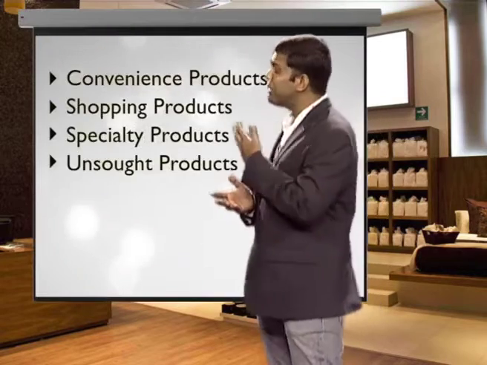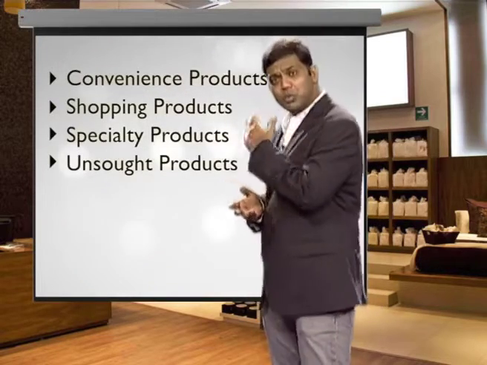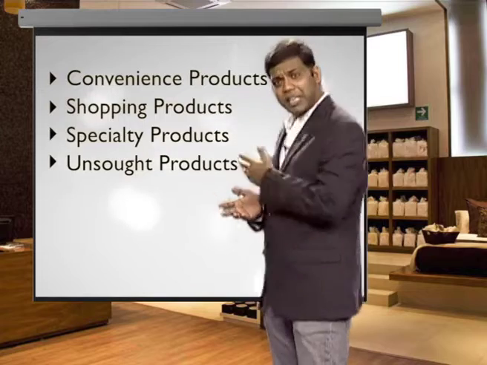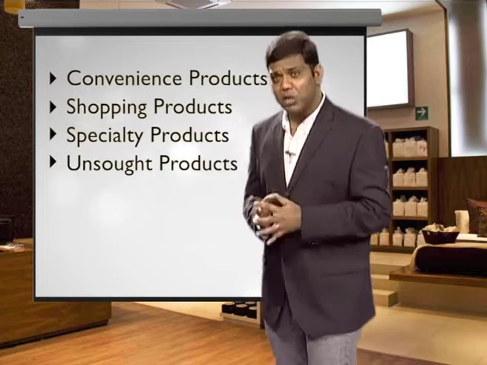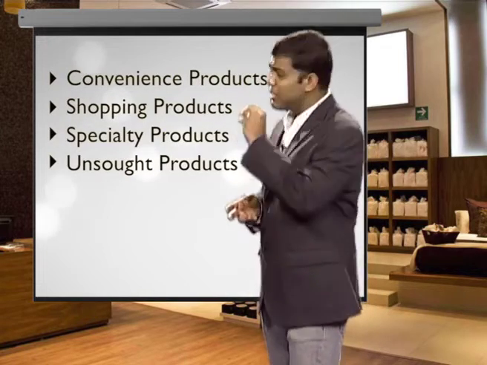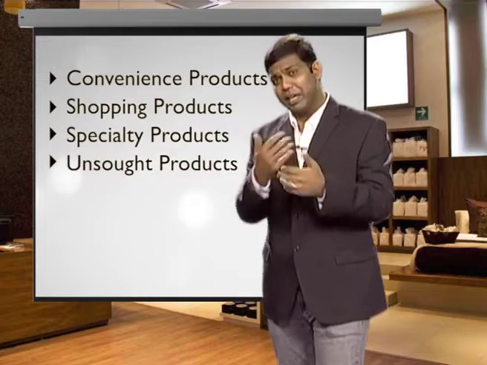Now if you remember, or if you think generally, you might find that products can be classified into 4 different types. Products can be classified as convenience products, shopping products, specialty products, or unsought products. I will quickly discuss each of these types of products for a second before I get into these 4 types of distribution mechanisms.